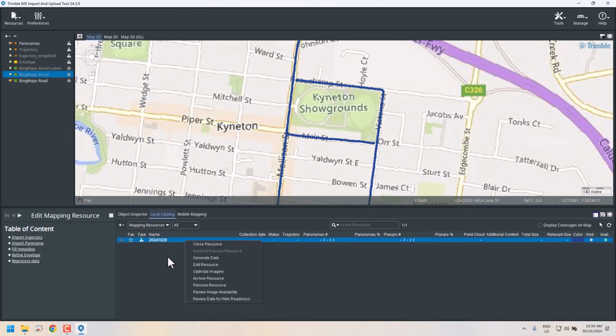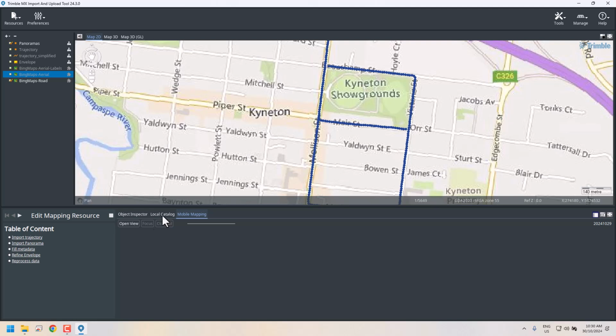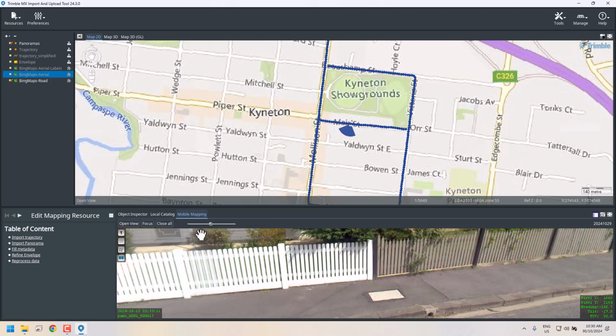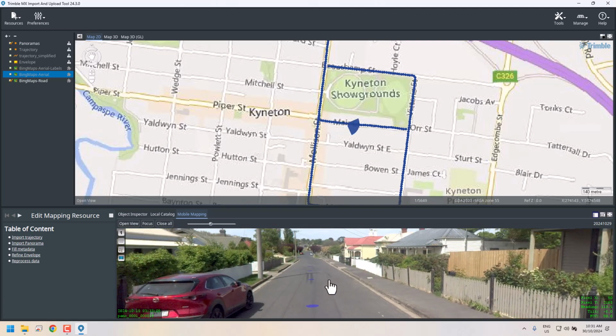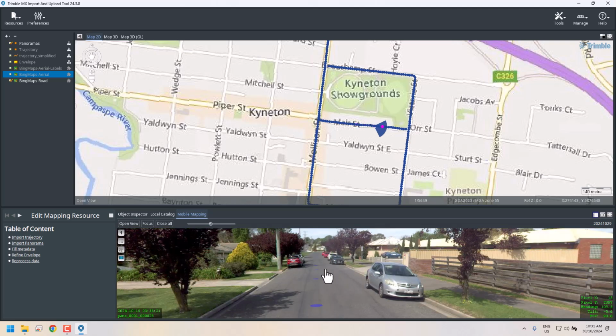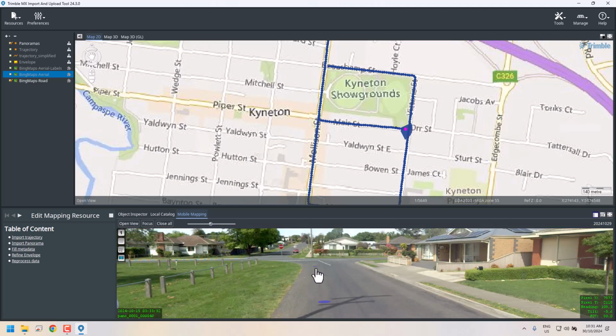Now, if we want to have a look in here, we can go to the mobile mapping one, open view, and if we click over there, it just gives us the images coming through in here, and just like navigating through our Google Maps, we're able to hit the dots, and this gives us a little preview of what we're going to have available for us when we're actually into the